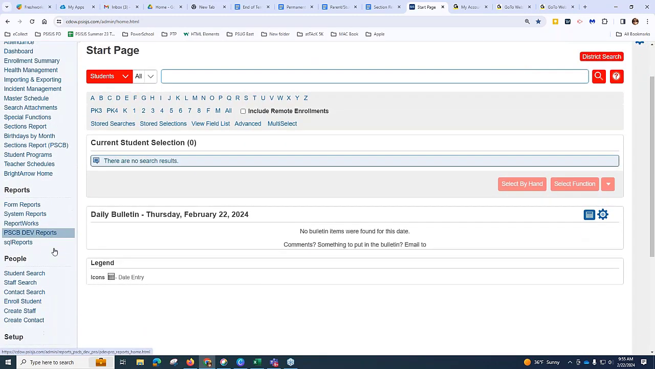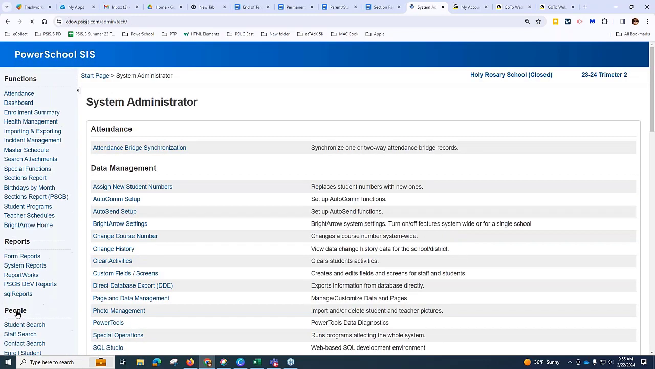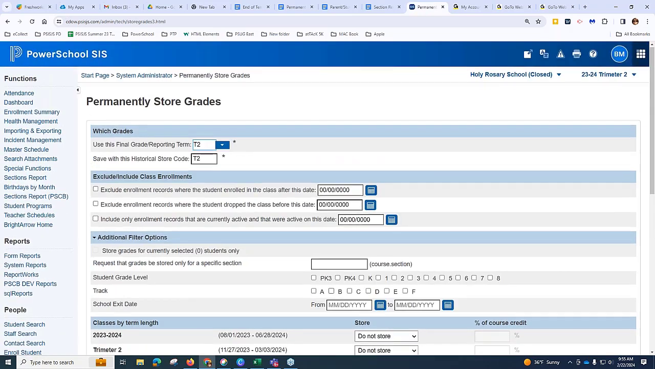On the start screen, you're going to come down under setup, and this time you're going to choose system, because your permanent store process is on the system screen under the grades category. You're going to click permanently store grades. You're going to use T2, that's the final grade reporting term. That must be a capital